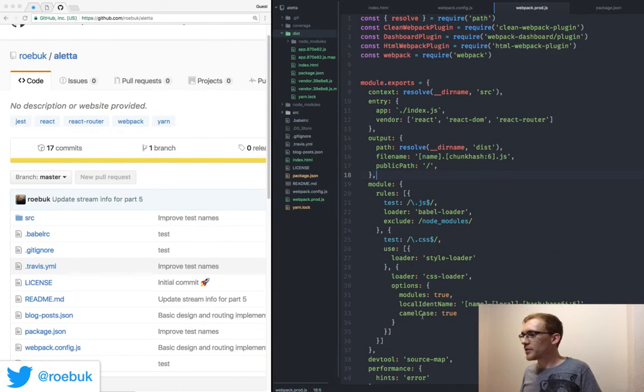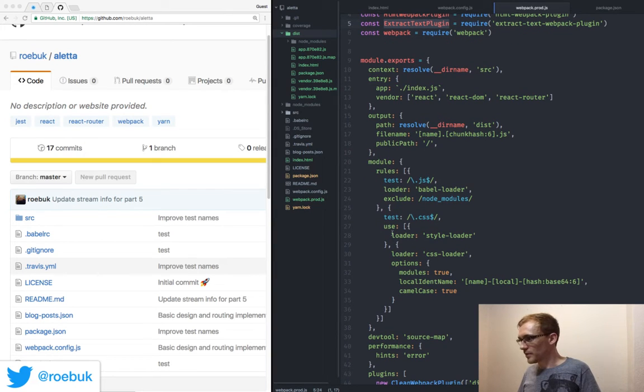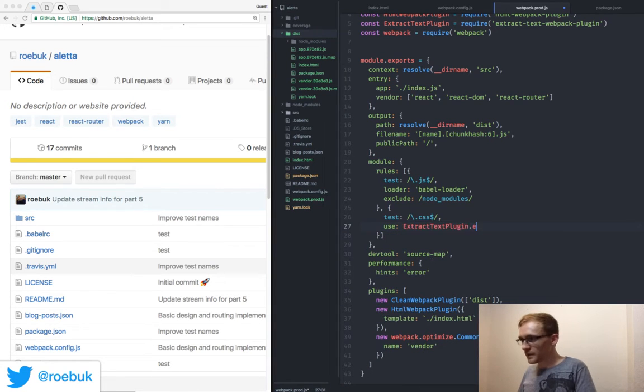And we're going to have to make a little bit of a change to our CSS loader here in order for it to take effect. So const extract text plugin, and that's equal to require extract text plugin. Perfect. So this needs to go in our CSS section here, where we have all of this goodness. So I can remove that, and here just call the extract function on here,